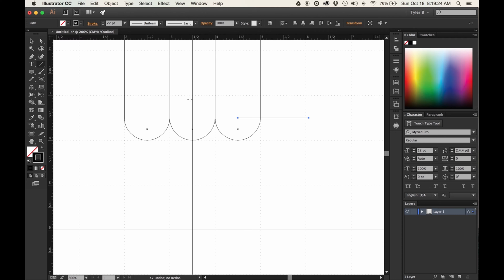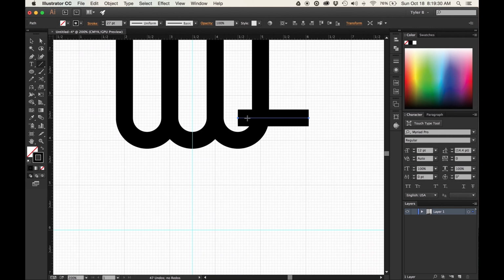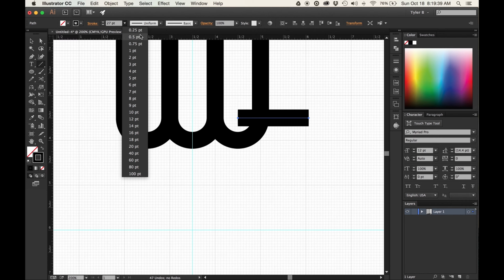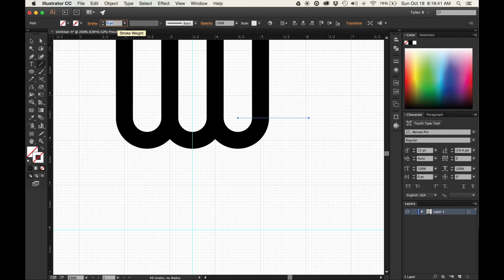So Command Y switches you to outlines. It just makes it easier to see sometimes, but it's not important right now. We'll be utilizing it more in a little bit. So we've got our path right here. We're just going to be using it as a guide, so we don't need to have an actual stroke on it. So let's just switch over here, take away the stroke,